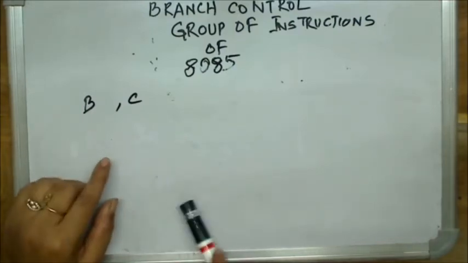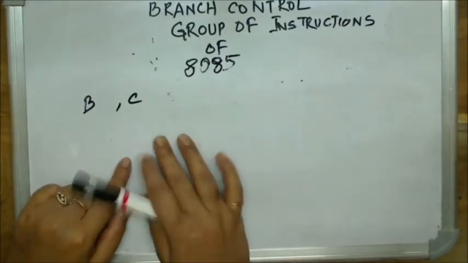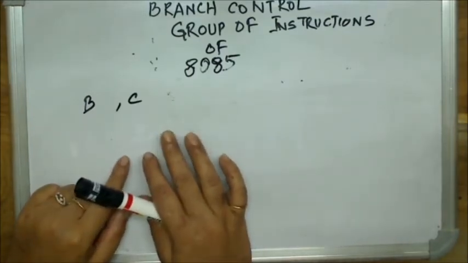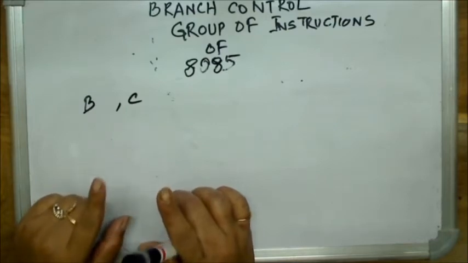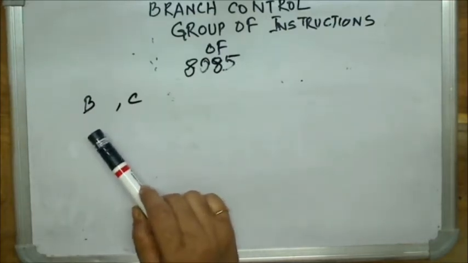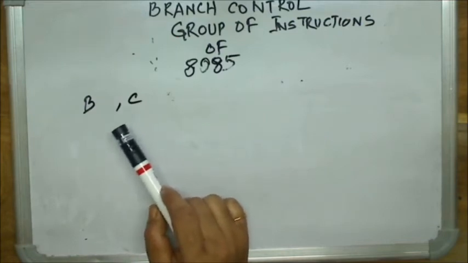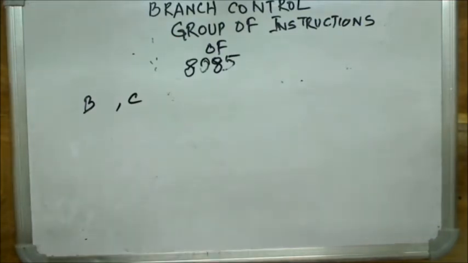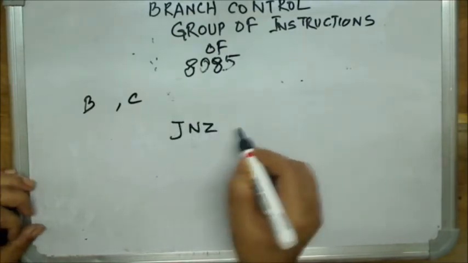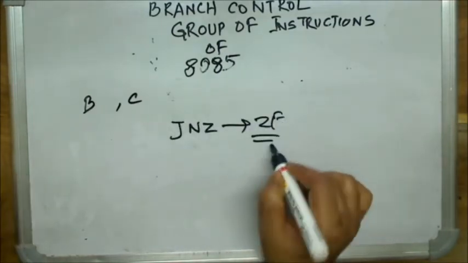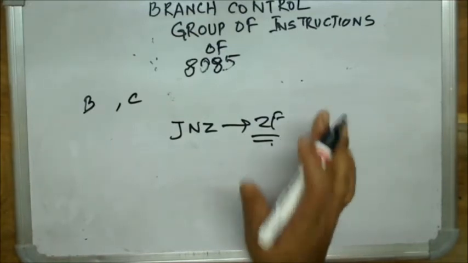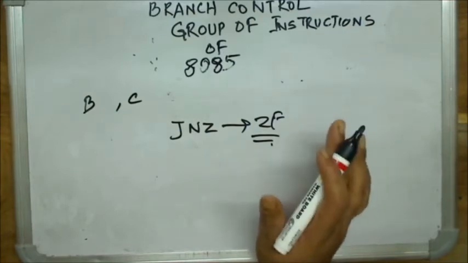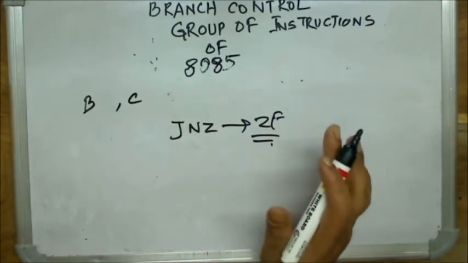The microprocessor cannot go back and track the program. Remember this very important point. The answer is that the microprocessor is neither going to check register B nor register C. Jump if not 0 only checks the zero flag. Do you understand my point? A conditional jump never checks a user register. It checks the flag register.